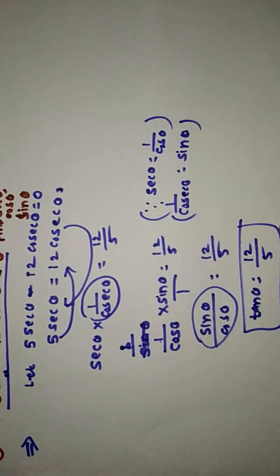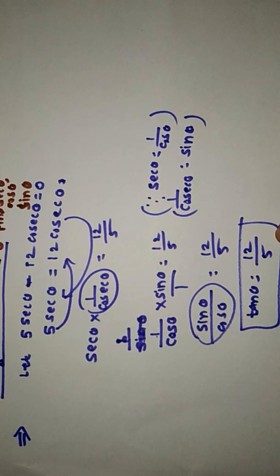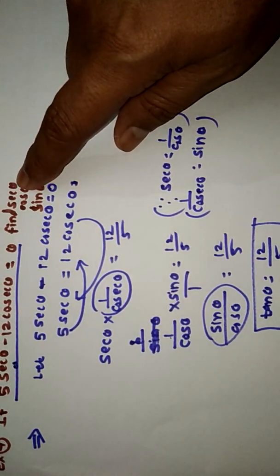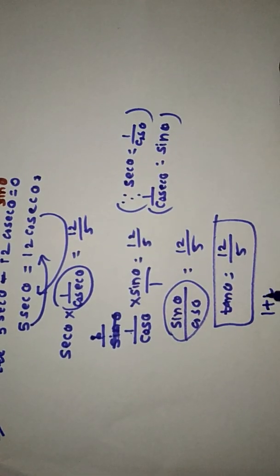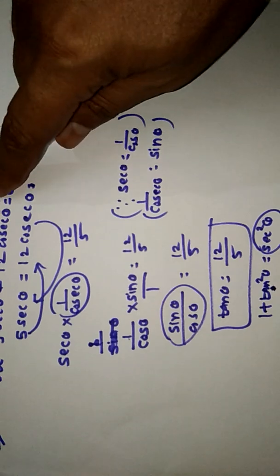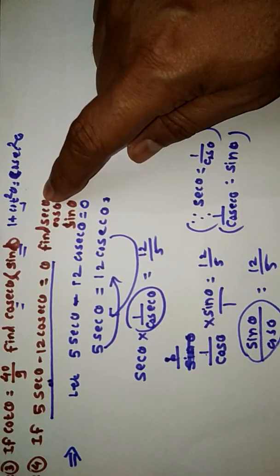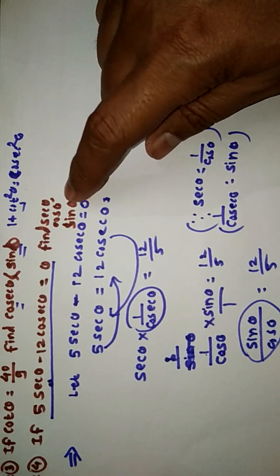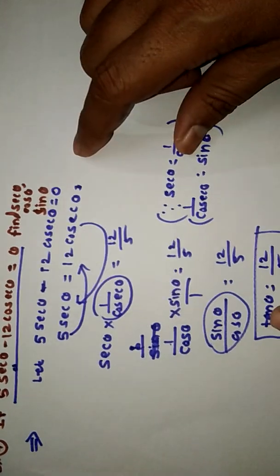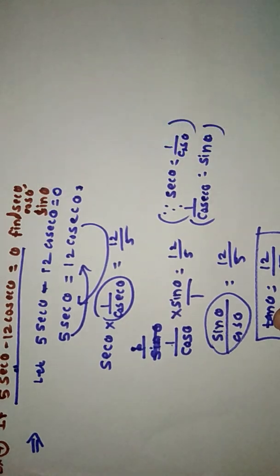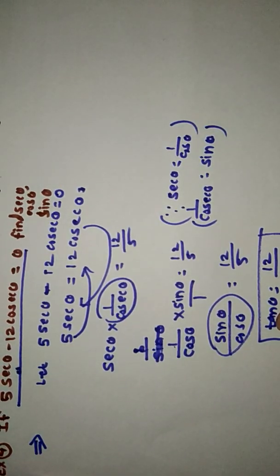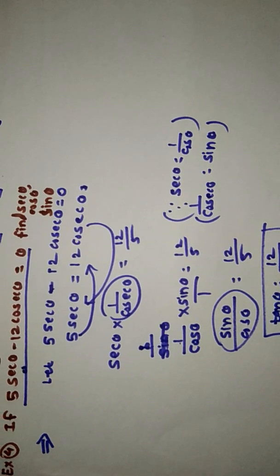Now using this trigonometric ratio, if a single trigonometric ratio is given, then we use the Pythagoras theorem or fundamental identities. For example, how can we find sec theta? Use the identity 1 plus tan square theta is equal to sec square theta. Substitute the value in this identity and we find sec theta. Cos theta is the reciprocal of sec theta. Substituting in tan theta or sec theta, we find the remaining cos theta and sin theta. So you can solve examples 3 and 4.